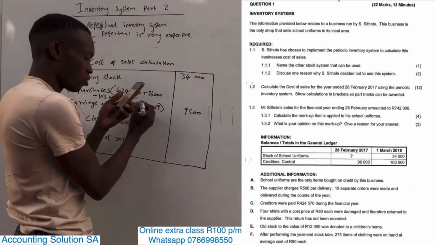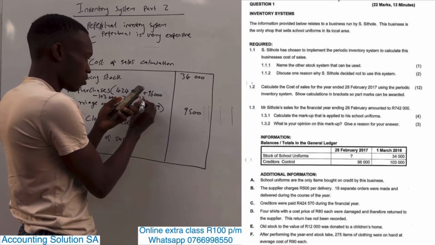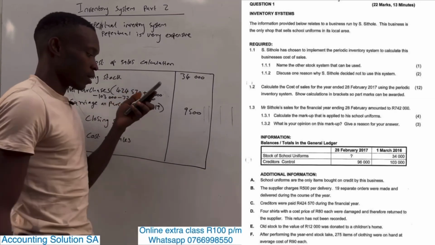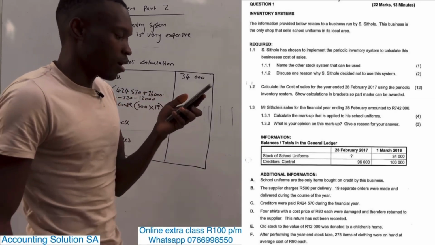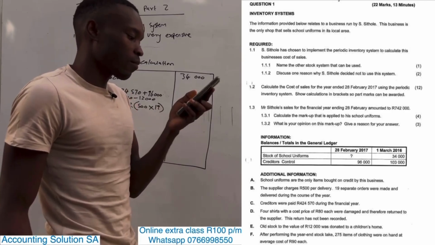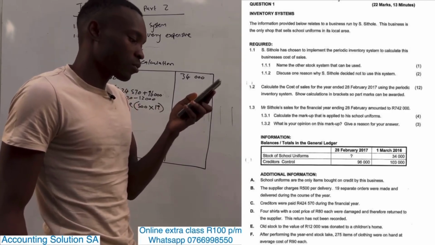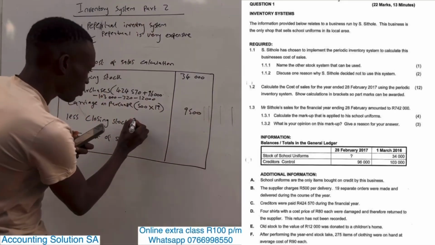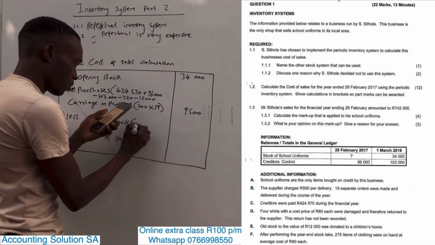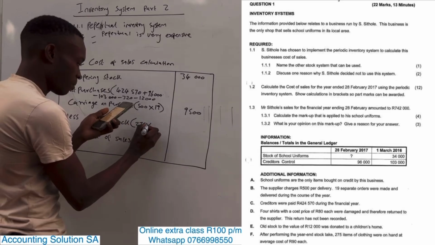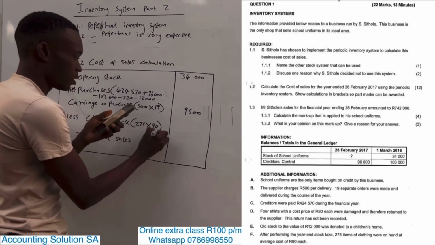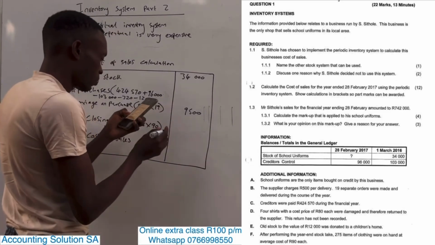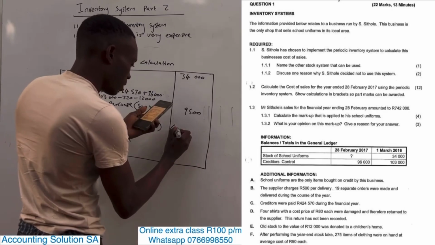Minus is a donation, we have to subtract 12,000. Okay, and after performing year-end stock take, 275 items of closing stock were on hand and the average is 90 rand. This is a closing. 275 multiplied by 90 rand each. Okay, closing we have to subtract